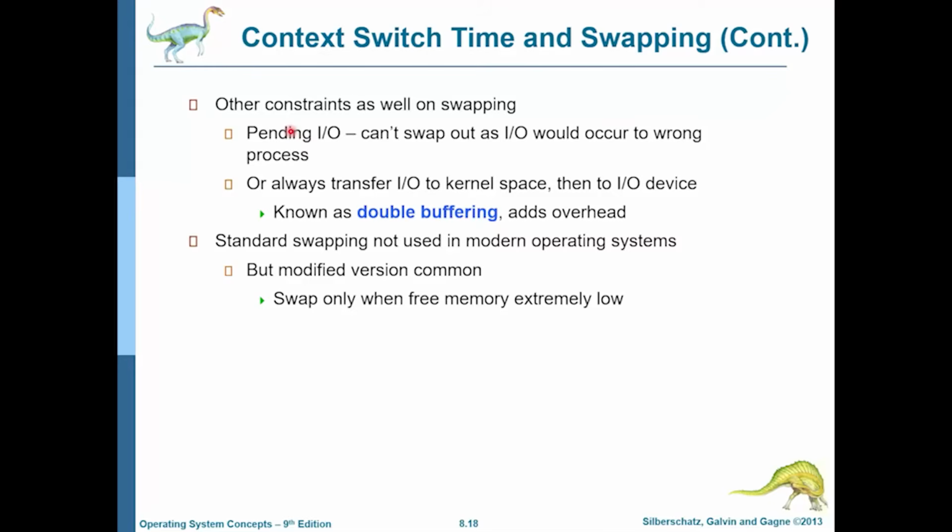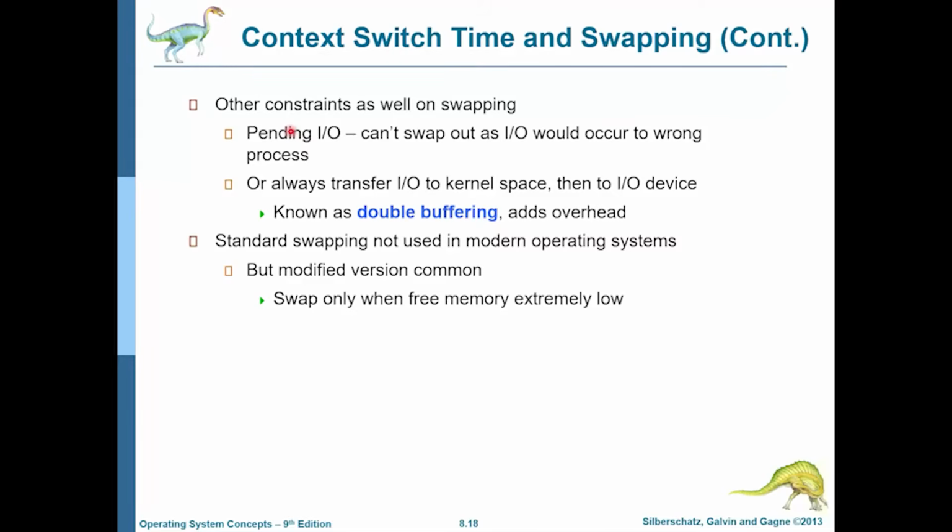Now, processes might want to use the kernel space for buffering of their input output data, but that can result in double buffering, because the kernel will buffer it once and then it will transfer it to the buffer of the process, and that is not very efficient. Because swapping is a very time consuming process so far as context switching and input output are concerned, swapping is kind of disabled in modern operating systems, and is only enabled if memory availability is running really low.